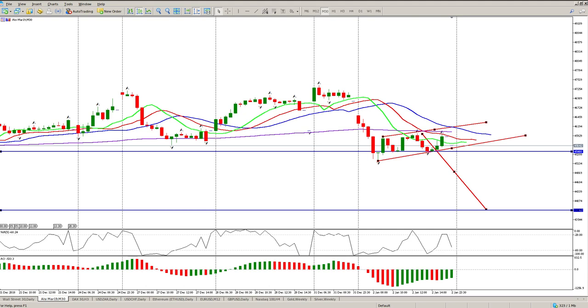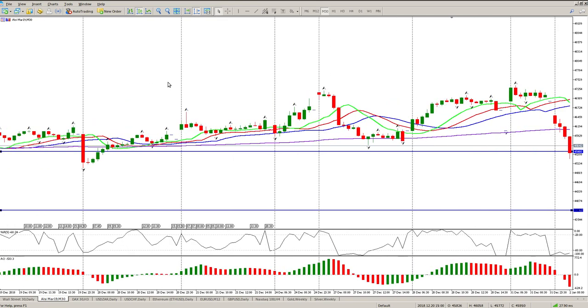S&P futures is down 1%, Dow futures is down 1% or 1.3%. So US markets are down, Asian markets are down. 10 cent is pretty flat, but I do suspect that there is more downside coming. That's just my bias for me at the moment. Okay, so the other thing to